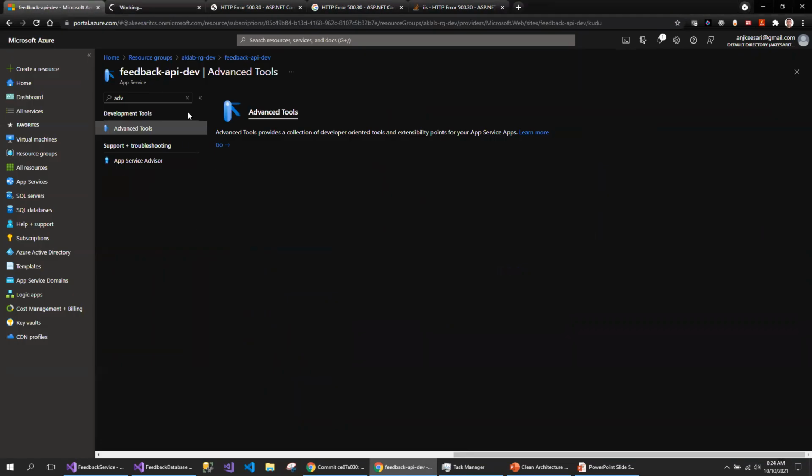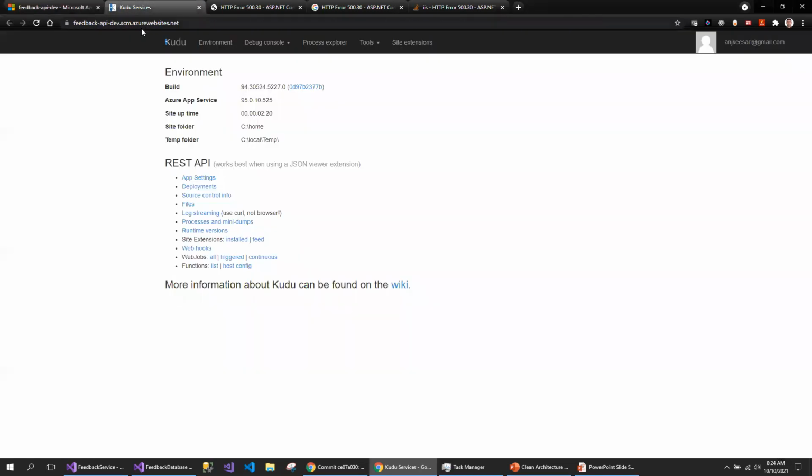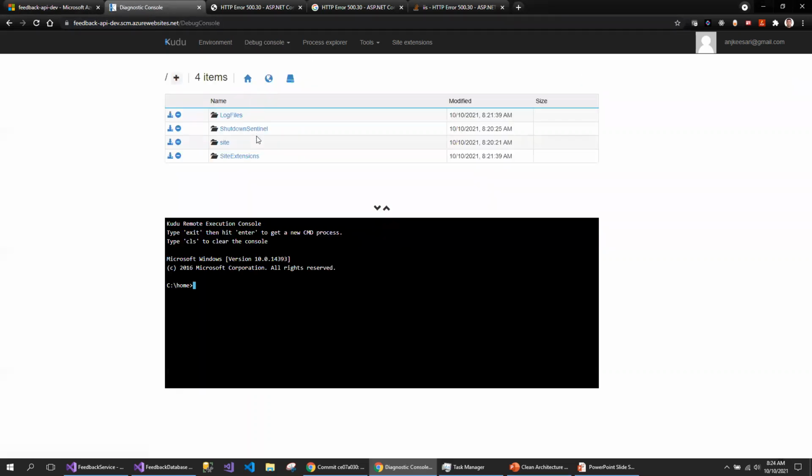Make sure that you have the required access to the Azure Kudu portal, because that's a separate URL and requires proper permissions and access.